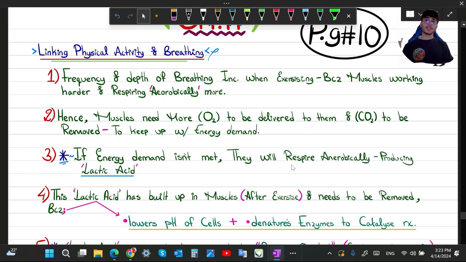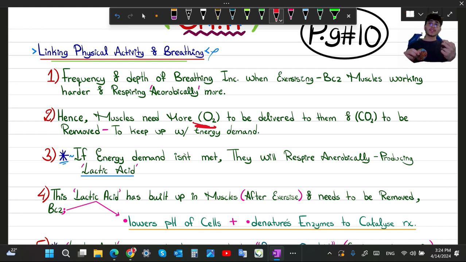Now let's link this physical activity to the breathing. During this, your frequency and depth of breathing will increase because as you're exercising, your muscles are working harder and they are respiring aerobically more. Since there's more aerobic respiration, the breathing rate, depth and frequency of your breathing is going to increase. This will cause your muscles to require more oxygen to be delivered and carbon dioxide to